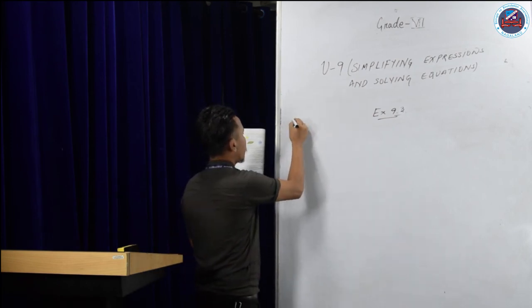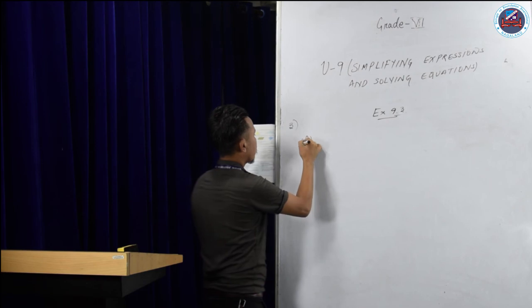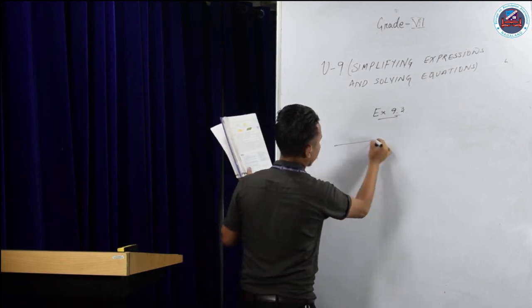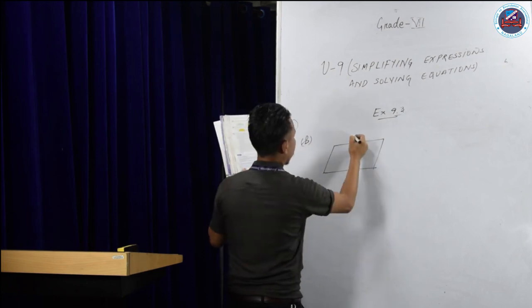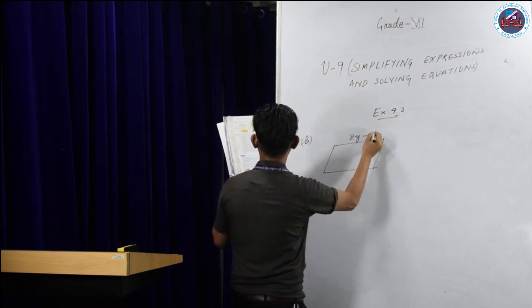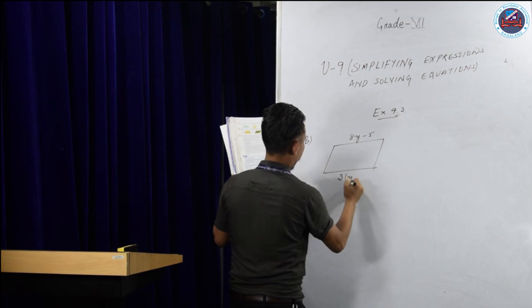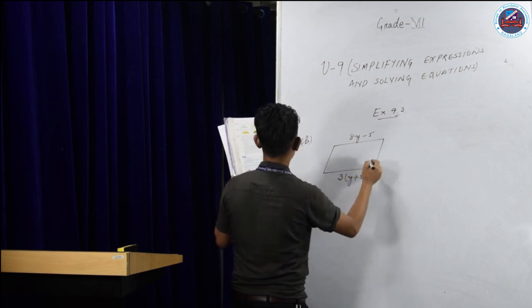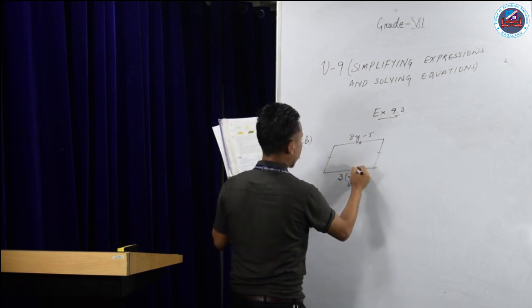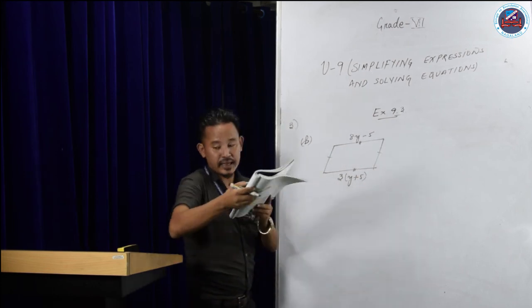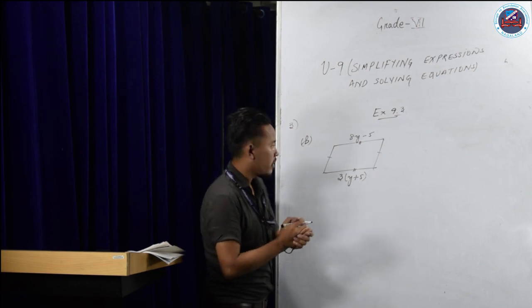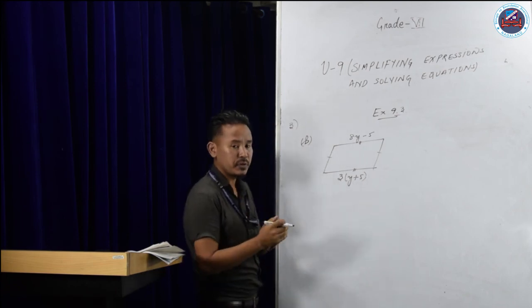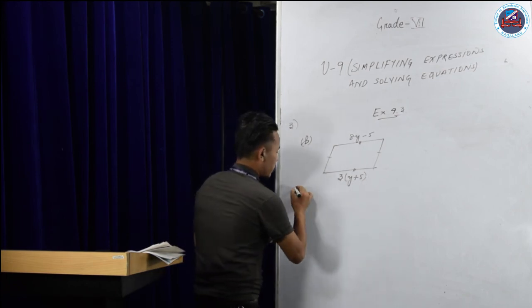Again, question number 3, I shall do B. That is 8y minus 5, 3 bracket y plus 5. As you can see, it's a parallelogram. That means opposite sides are equal and parallel. We'll use the same method as we have done for question number 2 and question number 1. Solution: